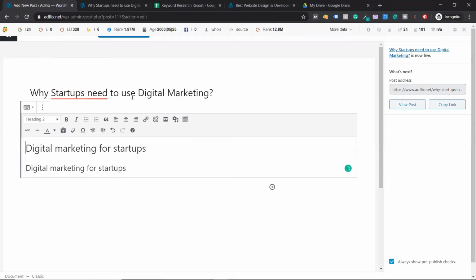And the good part is, if you understand, digital marketing for startups is already used. "For" is not there, but "digital marketing startups", the words are already optimized. So you should not use it in a post, in a blog article. I'm talking about a post or an article which you're writing.